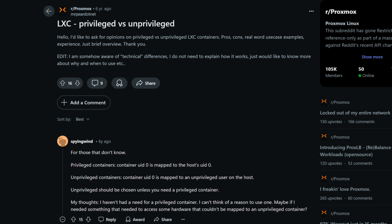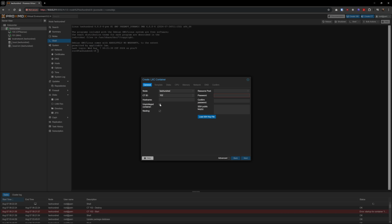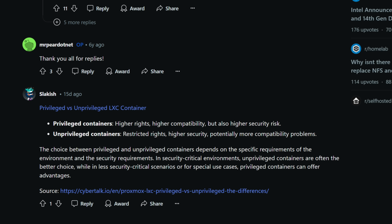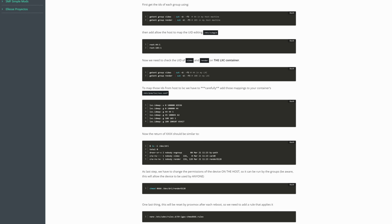The next decision is whether to do a privileged or an unprivileged container. And I'll probably get roasted for this, but I went with a privileged container since it's just easier to get things set up, and I'm the only one using this and it's not really running anything production. Most of the time, you'll want to set up an unprivileged container, which is more secure for various reasons, but it is a bit more tedious to set up proper user permissions and device pass-through. There are plenty of guides out there on how to do it, so I'll leave it up to you to